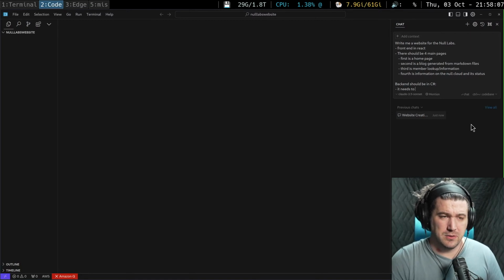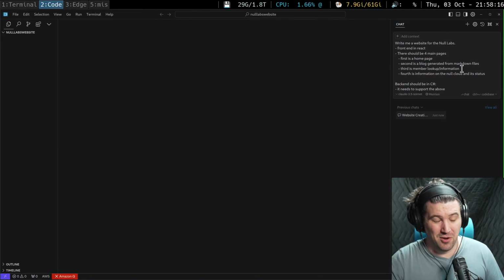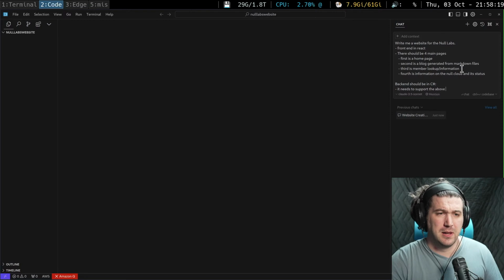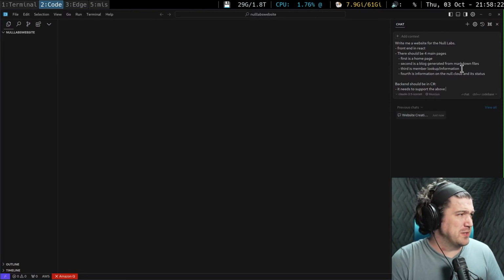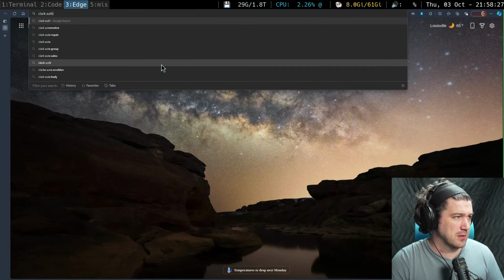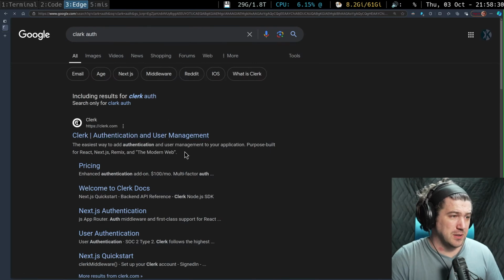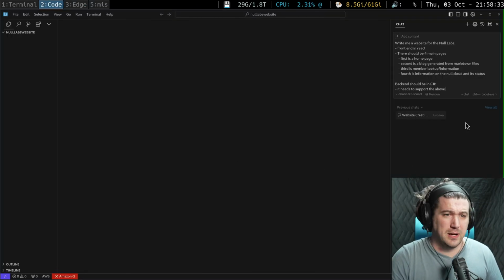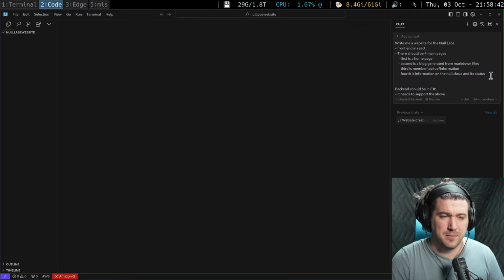It needs to support the above, the member lookup information, obviously. Hopefully it just does some placeholder information. Let's do authentication with Clerk.